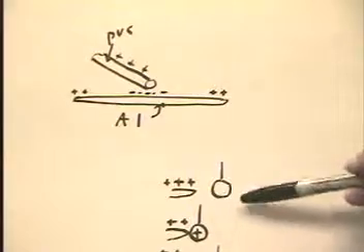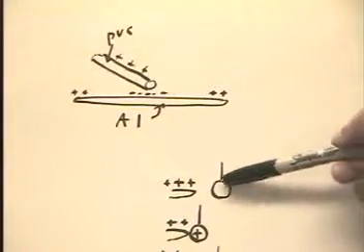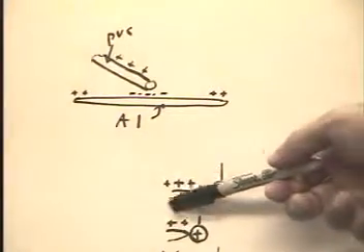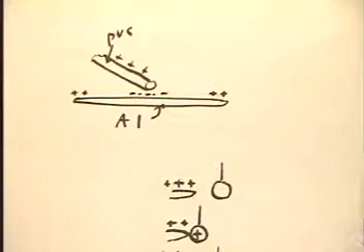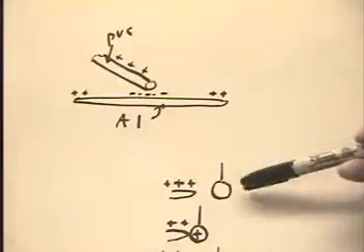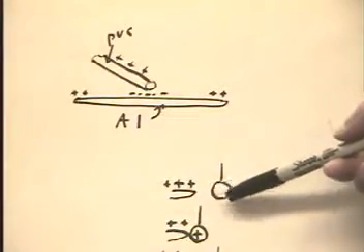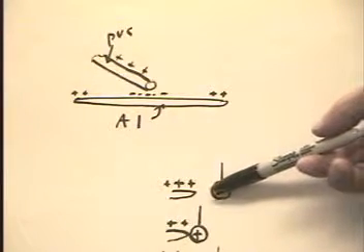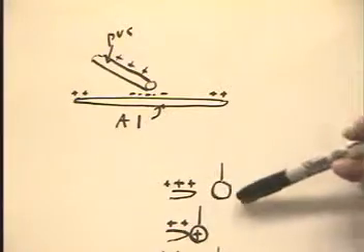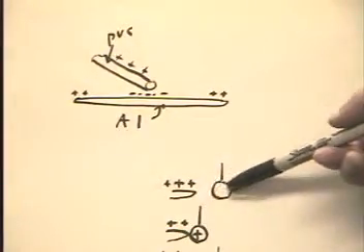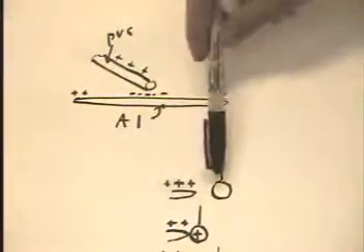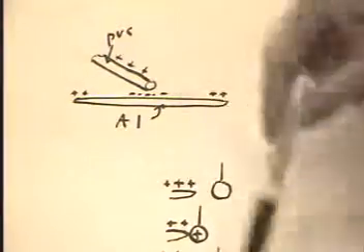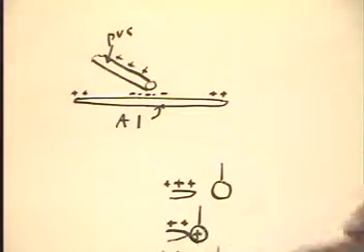as the uncharged sphere comes closer and closer to the positive charges on the end of the rod, and I haven't sketched that here, the negative charges on the conductor here will migrate toward this side, leaving positive charges on this side, and that'll give us a little bit of attraction between here and here, so that this sphere will actually go over and touch the aluminum rod. But as soon as it does,